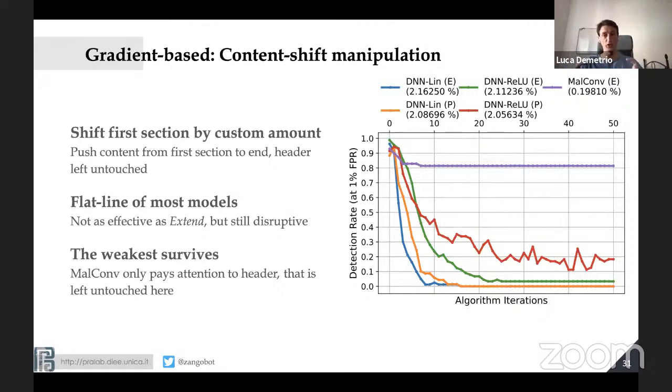We just want to shift content and then place the adversarial payload there. And basically, the same happens. So you're destroying all of the local patterns that these networks learned, except for MalConv. And you might say, wait, Luca, you showed us that MalConv was defeated and defeated and defeated. Why is it up here?